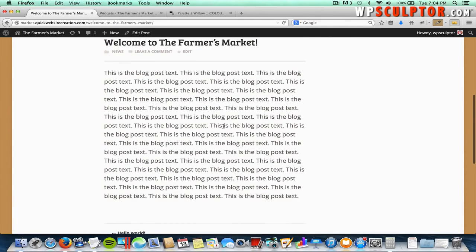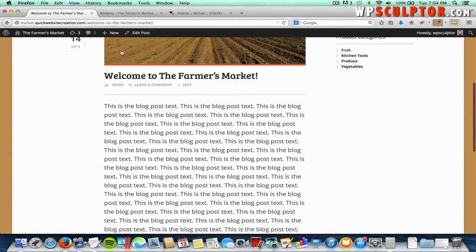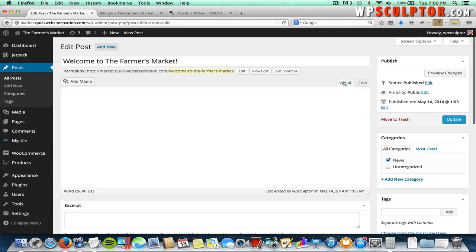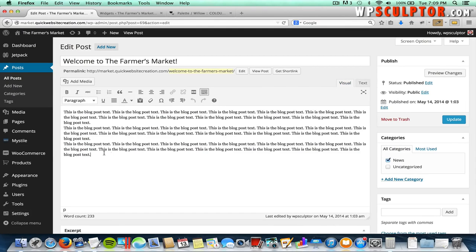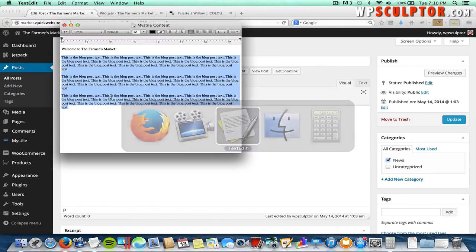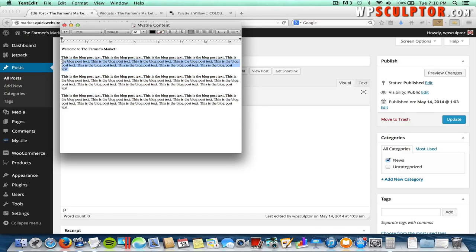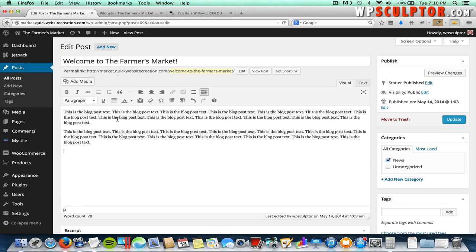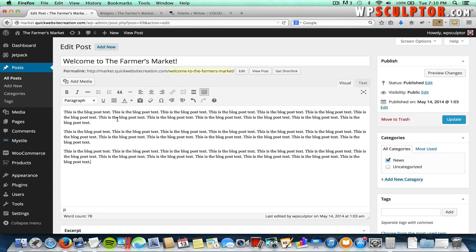It looks like I need to go back and fix these paragraphs. So I'm going to click on edit post. And sometimes when you copy and paste text into the visual editor, especially when it's multiple paragraphs, you can run into that problem. So what I'll do is just start over and do these just one paragraph at a time. Then I'll hit enter, and it's all the same text for the demo purpose. That should do it. Click on update,